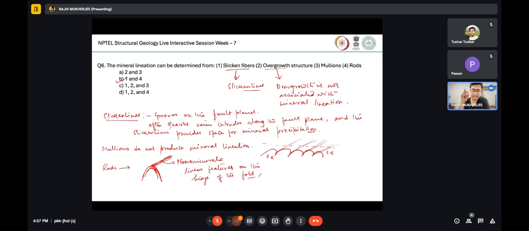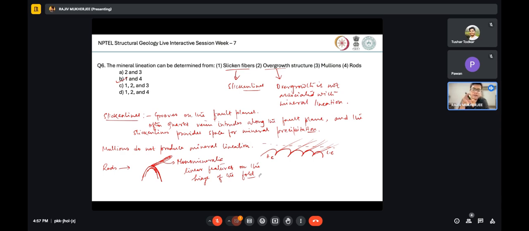this kind of lineation which are defined by some mineral. It can be quartz, it can be calcite, pyrophyllite. These are kind of minerals. They occur as roddings. You will not find any kind of soft minerals like phyllosilicate or tourmalines. Yeah, tourmaline can be a pretty good candidate for roddings, even amphibole. But any soft mineral like talc, gypsum, or phyllosilicates, you will not find these minerals as roddings because